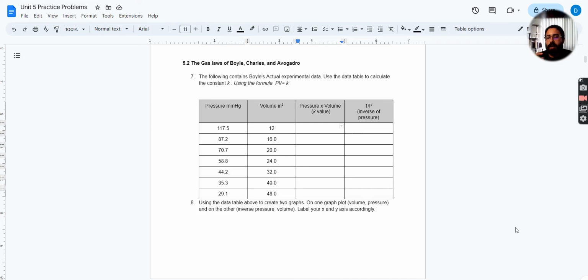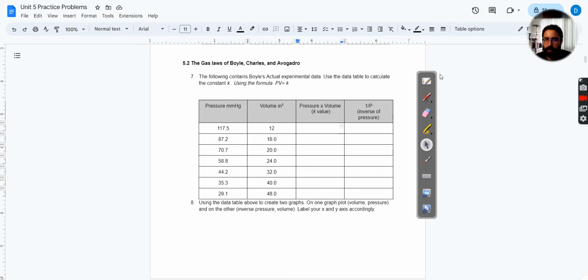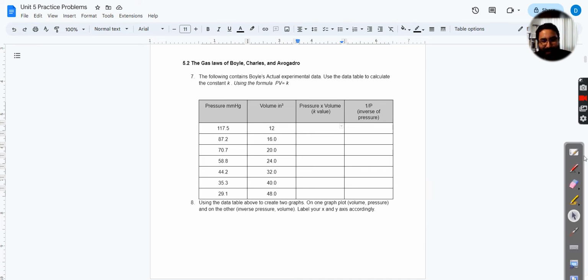All right, so what we're going to talk about today is how Boyle's Law came to be. Now, I can't find my thing. Oh, here it is. Sorry, I was looking for it. All right, so